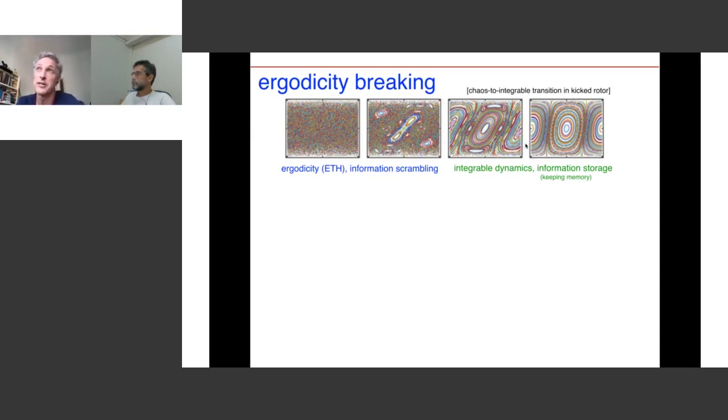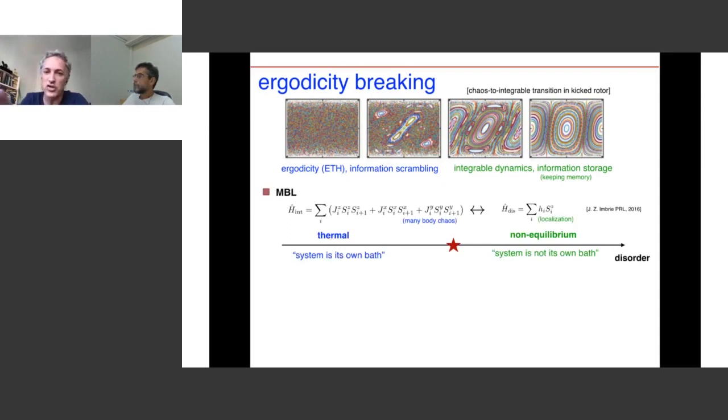So what it means is that information is spread over all degrees of freedom in a very complicated way, such that it's not easy to recuperate the information in local measurements. So okay, so in the integrable, like in the ergodicity breaking side, so typically what happens